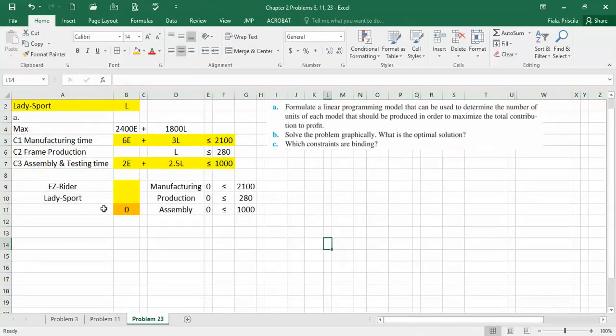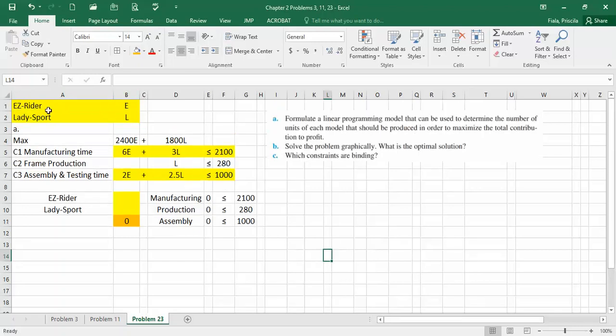So what does this mean right here? Well, remember I have the Easy Rider E and Lady Sport L, which I have put in here, and I want to know how many of them should I produce to make the maximum amount in dollars. So right here, if you remember, they had $2,400 for each Easy Rider to produce, and $1,800 for Lady Sports. And the formula that I put over here equals 2,400 times E, which is this cell right here,